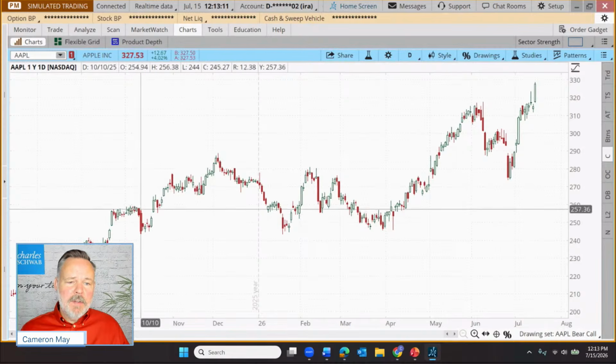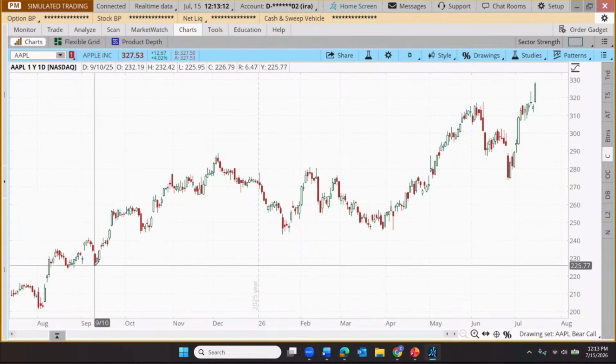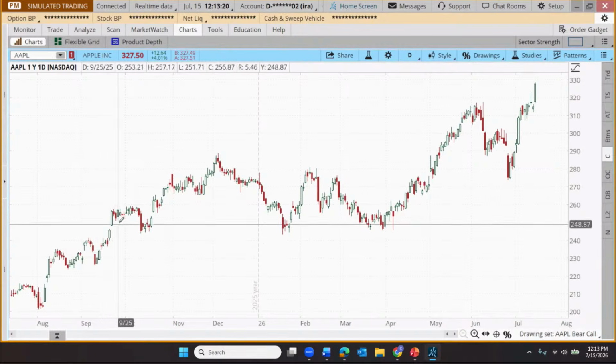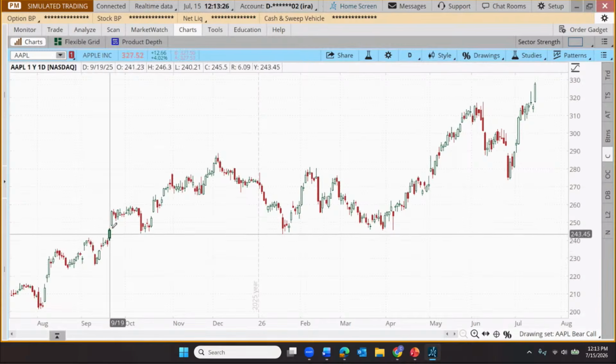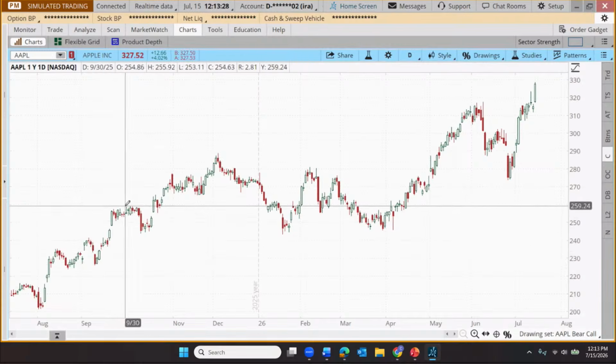So now that we've selected that tool, one thing that the trader might look for first is they'll watch for a stock to make a very strong move in one direction or the other. And so I'm looking back here in September as just an example. Here was a very strong move upward. It started to tail out, but persisted right up to about here, maybe October 3rd or so.